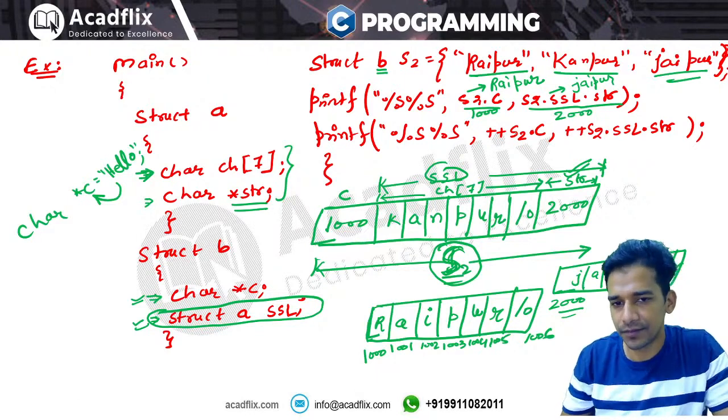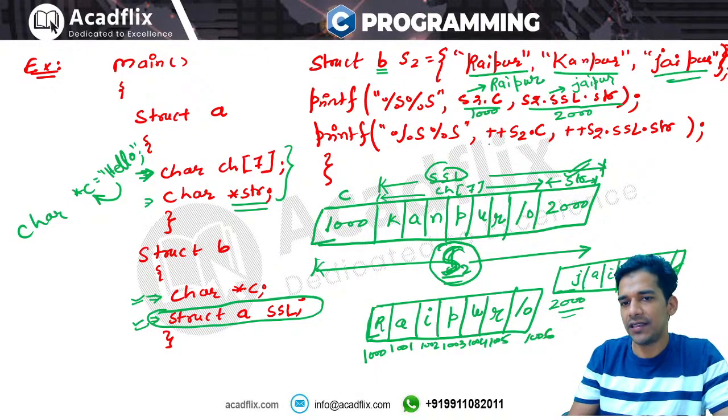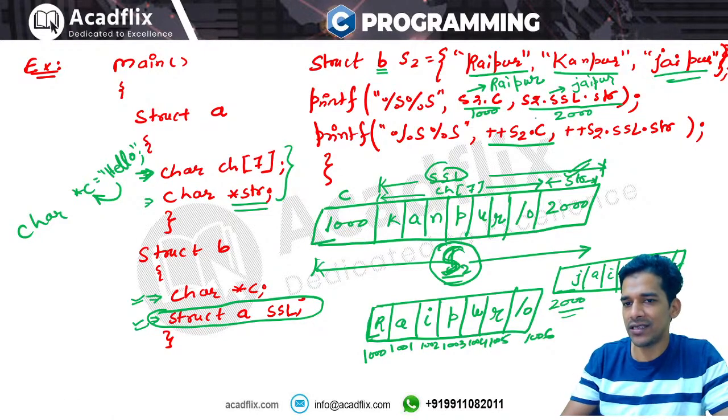Then the second one, right? It is saying s2.c plus. In this case you should see whether the dot operator has higher precedence or the plus operator has higher precedence, because s2 is associated with two operators. So you are saying s2.c; whether plus has the higher priority or member access has the higher priority, you will see the priority table. The member access operator has higher precedence than the plus operator, right? So first you will apply s2.c.